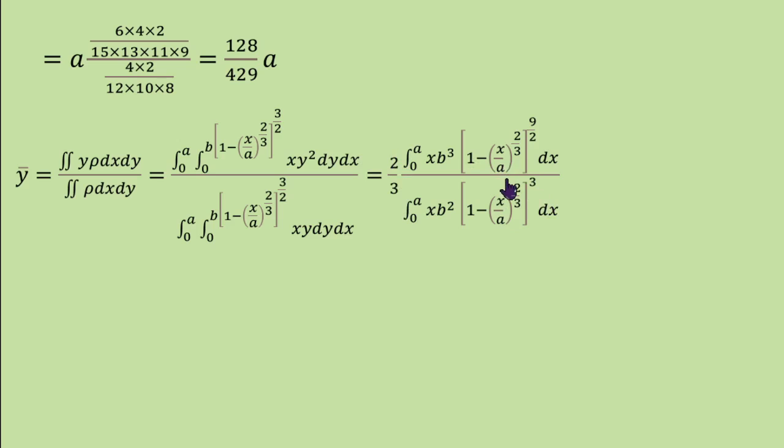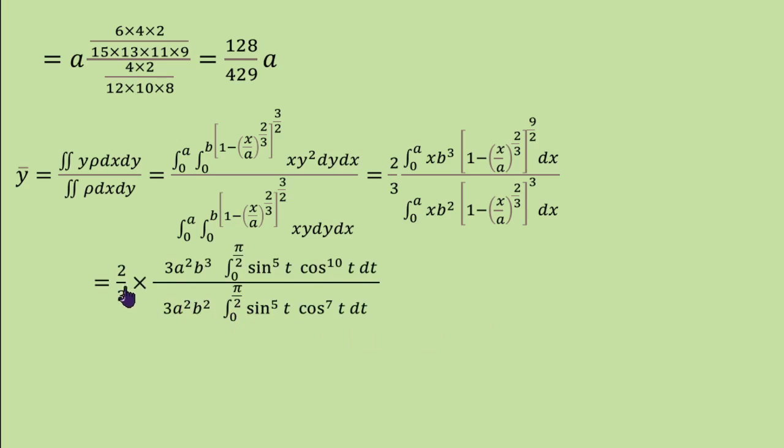Y cube, that means this is your y cube. So 3 by 2 whole cube is 9 by 2. Here y cube, y square by 2, square of this, therefore power is 3. The same substitution as in the previous case, so it becomes 2 by 3, 3a square b cube, denominator 3a square b square, here sin power 5t cos power 10t dt and sin power 5t cos power 7t dt. By applying the rule,